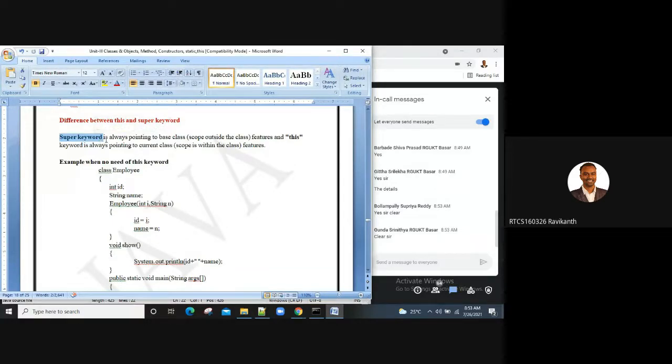Super always points to the base class, the top level class: base class, derived class, parent class, child class, generalized class, specialized class. So super always points to the base class, and its scope is outside the class. Whereas the this keyword points not to the base class but to the current class, so its scope is limited within the class only.